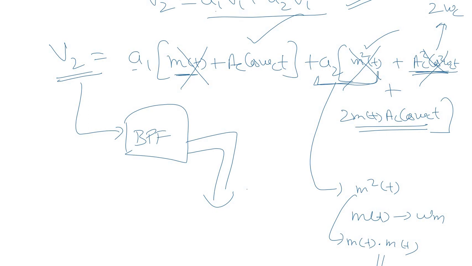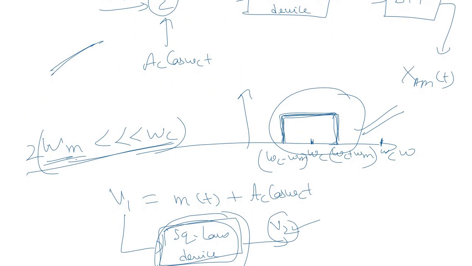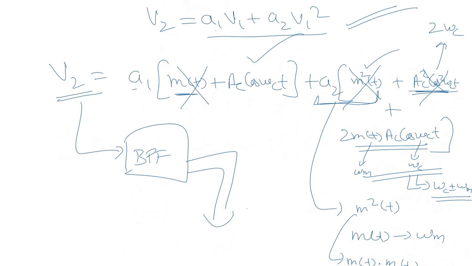Now we come to this signal which is MT into AC cos omega CT. It is multiplication of two signals, remember, MT and cos omega CT. The frequency component present in MT is omega M, and the component in AC cos omega CT is omega C. We multiply these two, so the resultant in the frequency domain would be the convolution of these two. So the resultant frequency components present in this would be omega C plus minus omega M. Let us check if that will pass through the band pass filter or not. Yes, omega C plus omega M will also pass. Omega C minus omega M would also pass. That means this last component will also pass through the band pass filter.